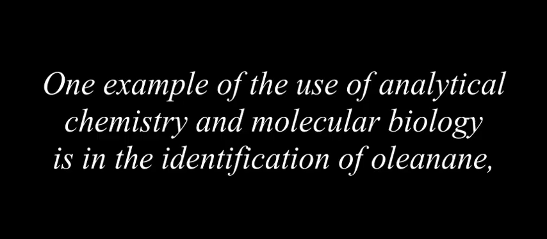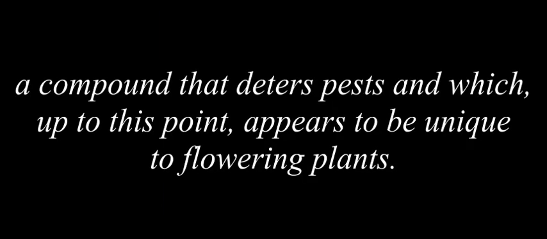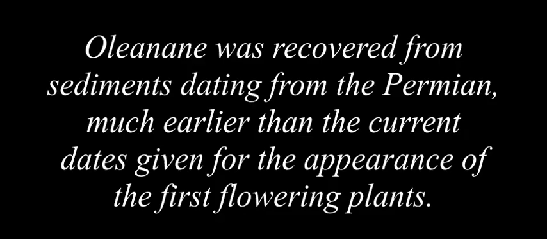One example of the use of analytical chemistry and molecular biology is in the identification of oleanine, a compound that deters pests and which, up to this point, appears to be unique to flowering plants. Oleanine was recovered from sediments dating from the Permian, much earlier than the current dates given to the appearance of